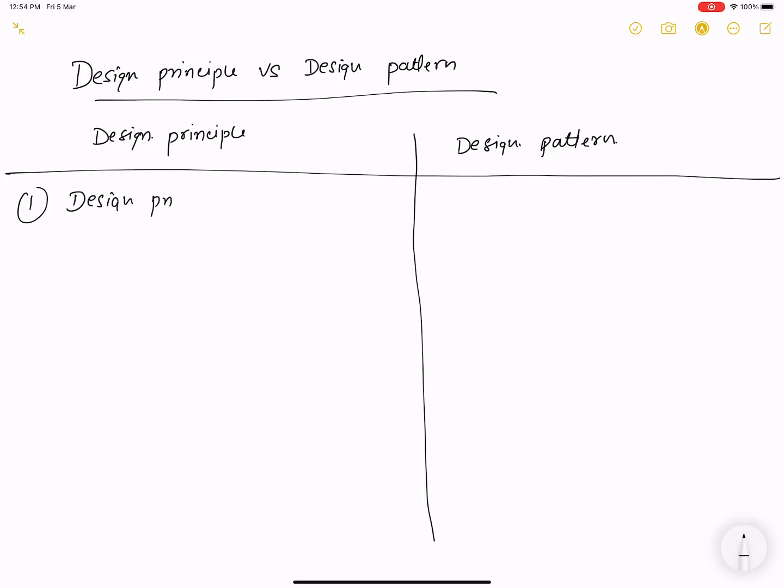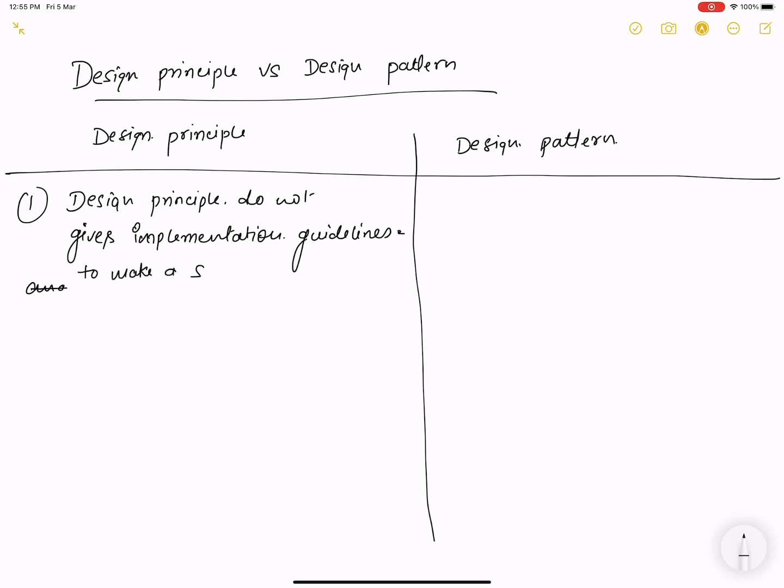So a design principle does not give you implementation details. You can write that into your notebook. That is the simple thing you can understand about a design principle: it does not give an implementation guideline for making a software application.